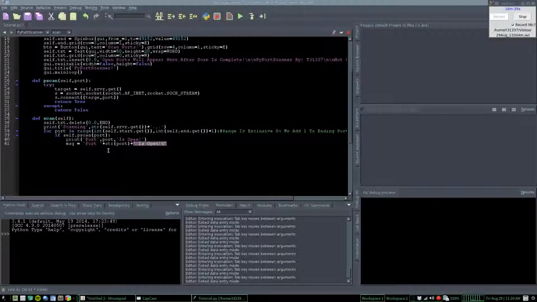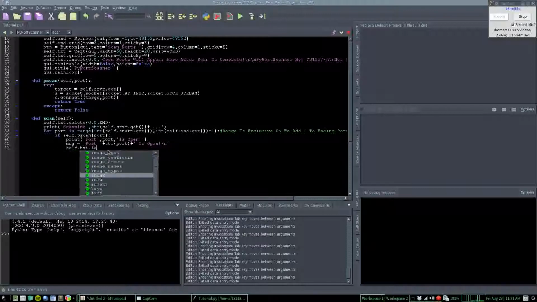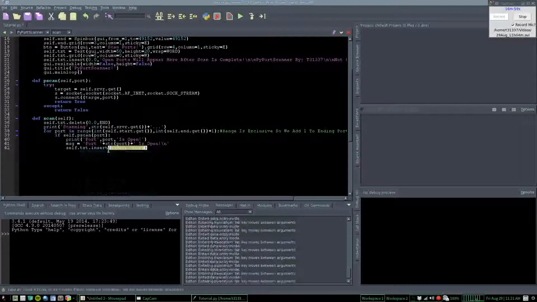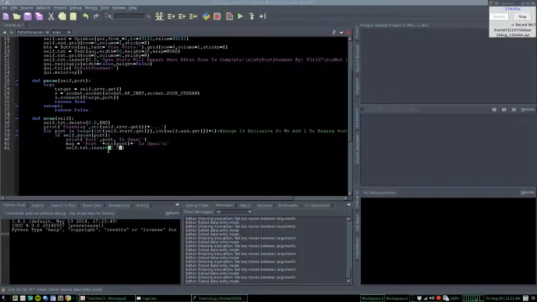And then we go \n, so it makes a new line, so that way when it finds another open port, if there's more than one, it'll put it on a new line instead of on the same line. And then we go self.text.insert 0.0, comma, and then the message,